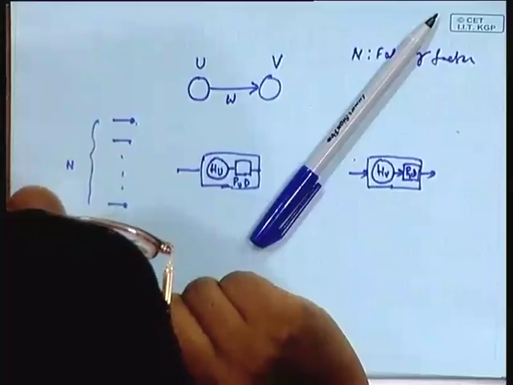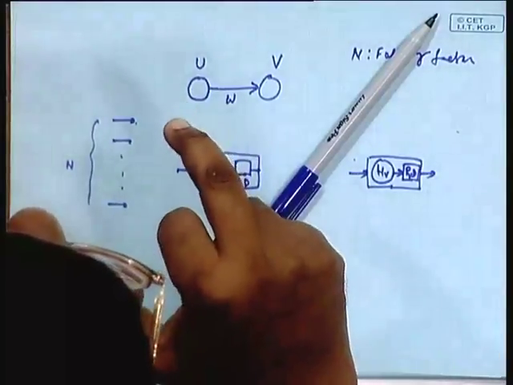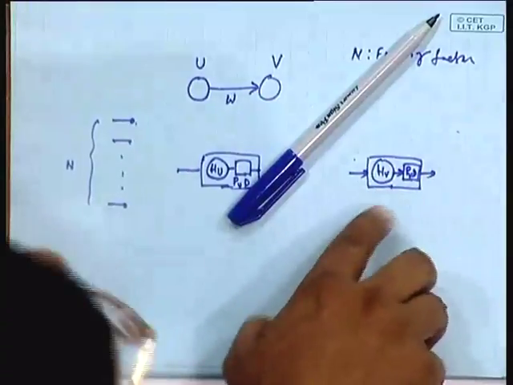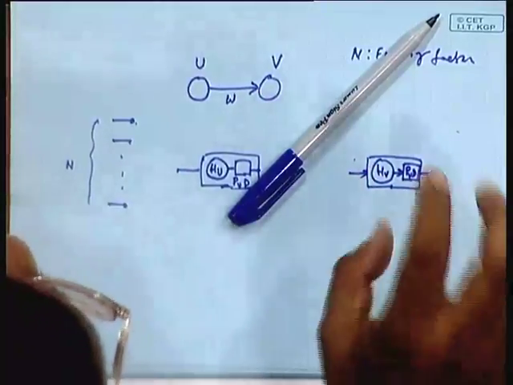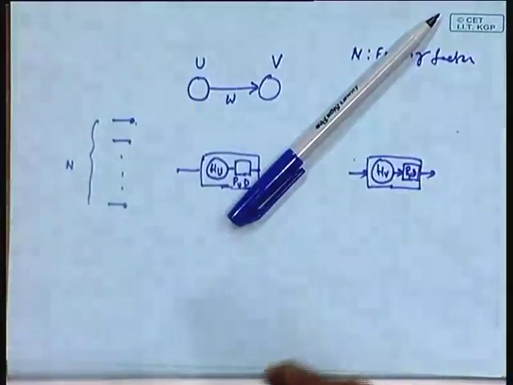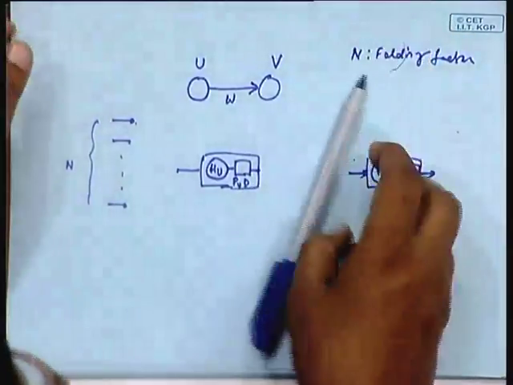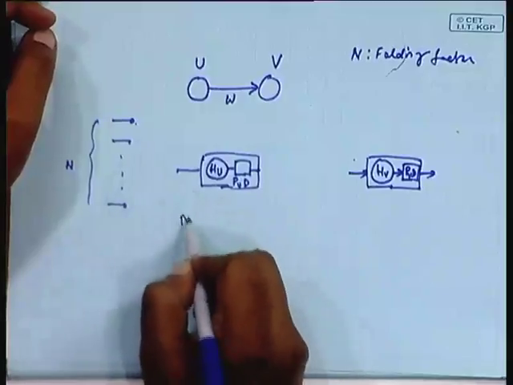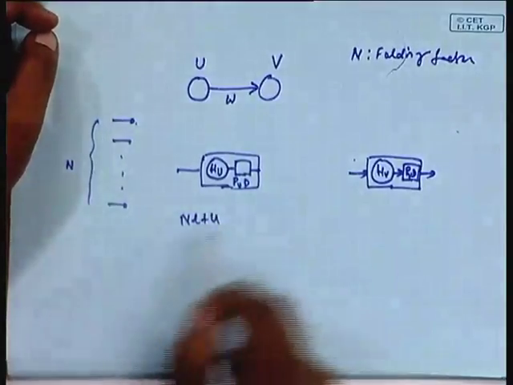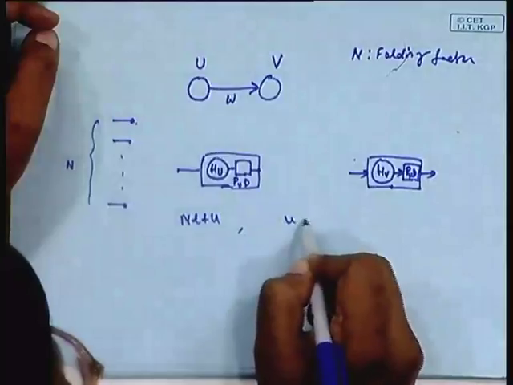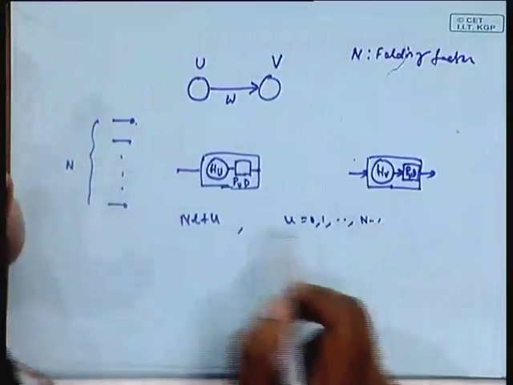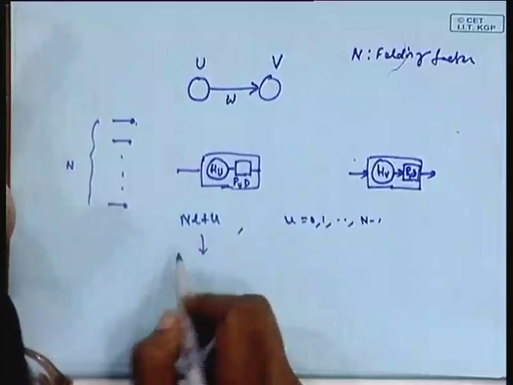Okay. That particular schedule. Choice of that small u and all, similarly here also small v will come up. Choice of that small u and small v, that is the scheduling problem. That is NL plus u, and u could be either 0 or 1 dot dot dot. This is the range of u. This at this index